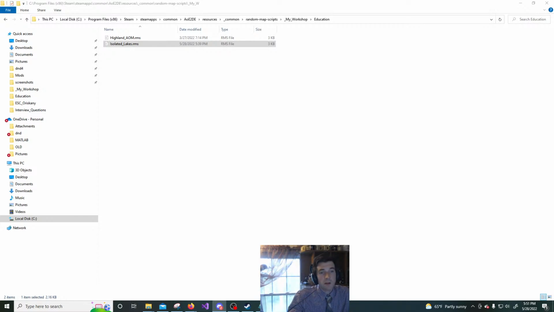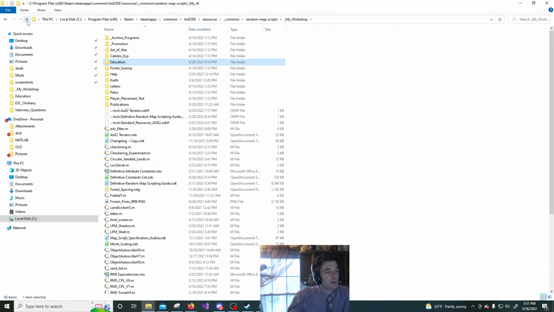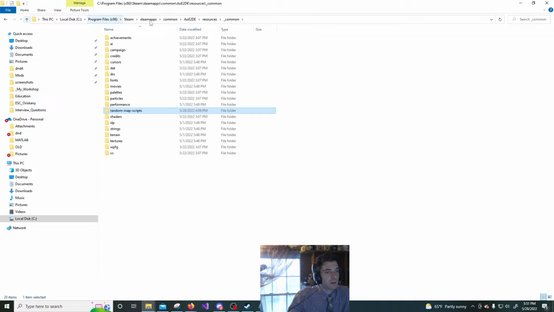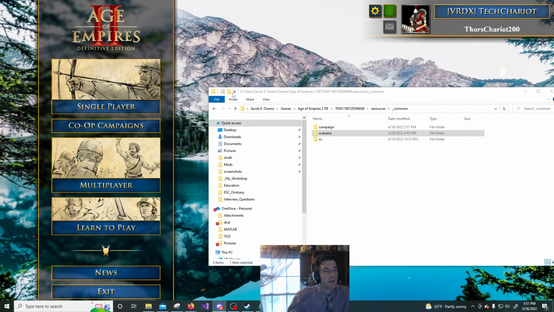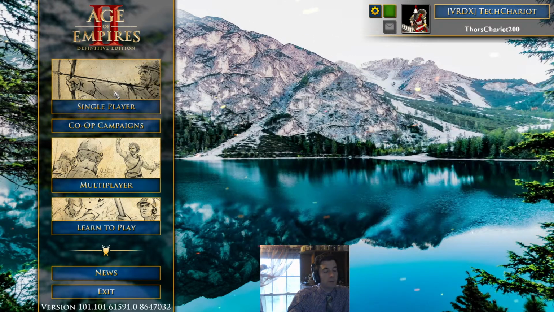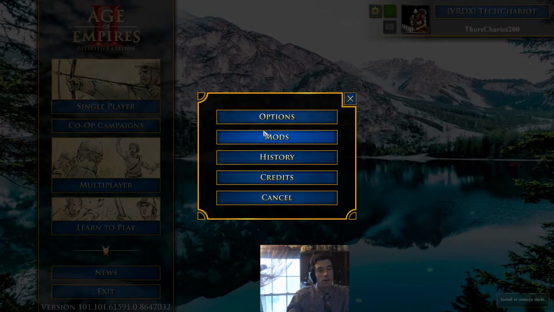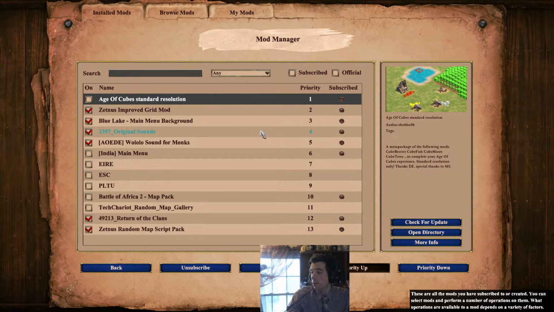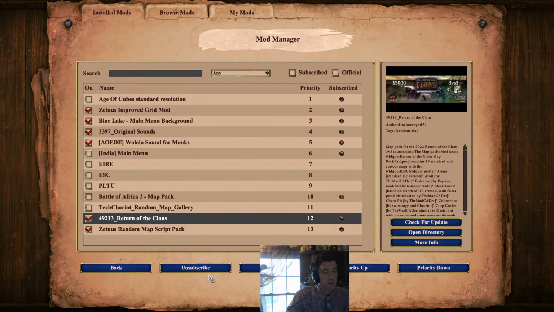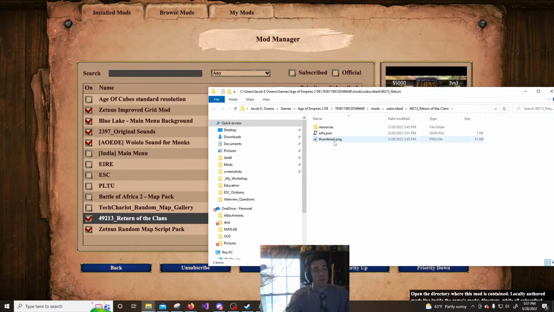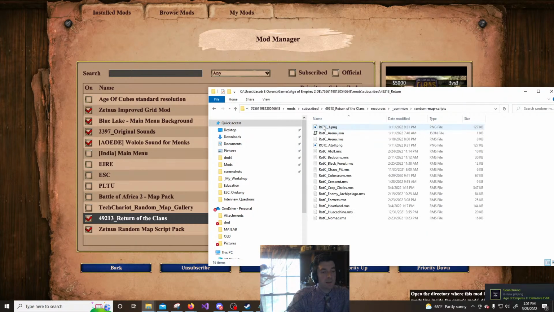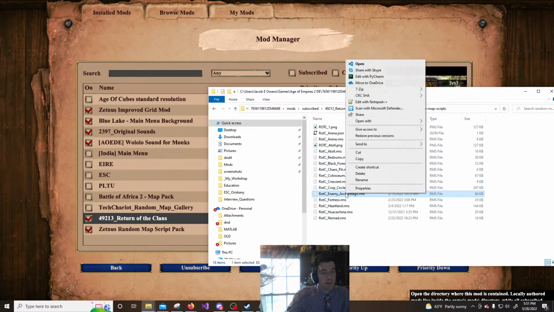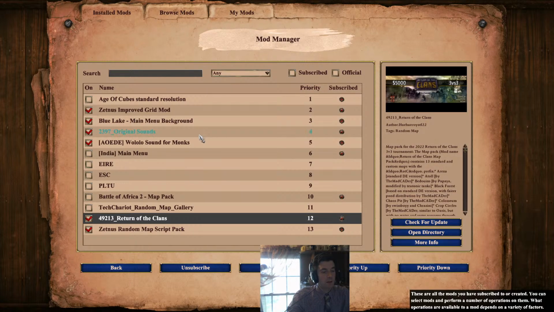Okay. So we sent that over. Sorry. I had to make sure that we did that. Now let's come up here and we should... actually, let's go over to maybe the mods folder is the most direct way to do it. All right, Return of the Clans. And we are going to open the directory. So resources, common, random map scripts, and we're gonna... where is it? Enemy Archipelago right here. So we're gonna copy that, close this,